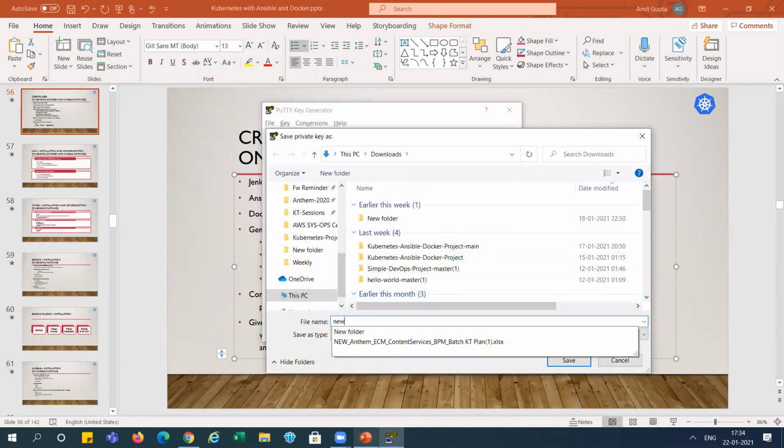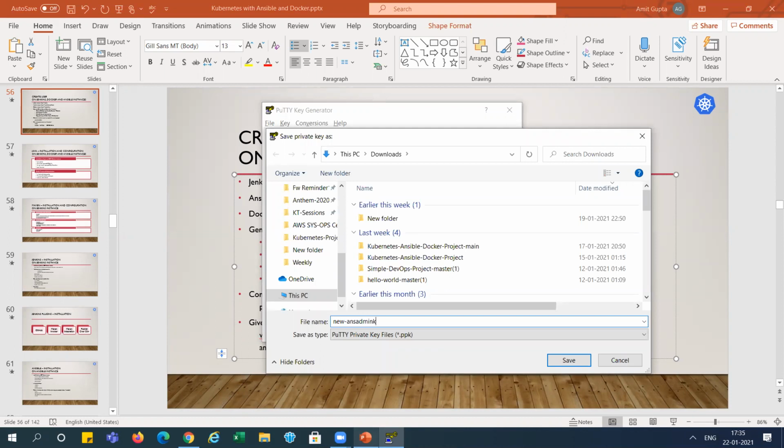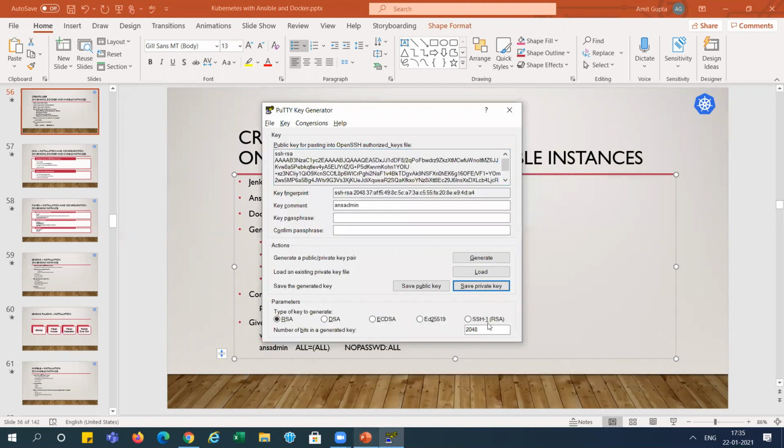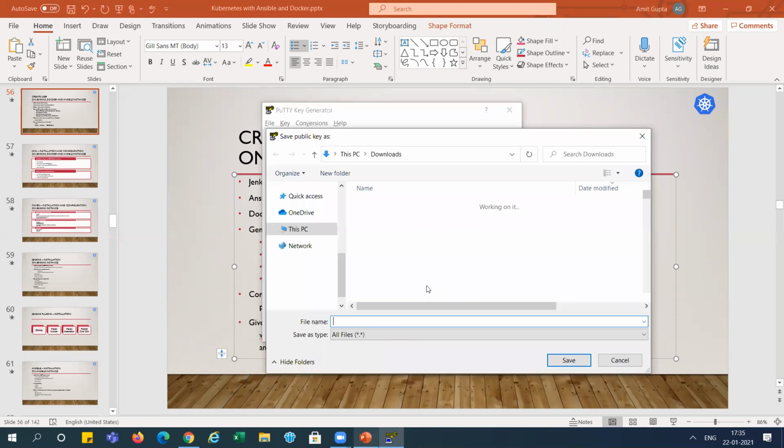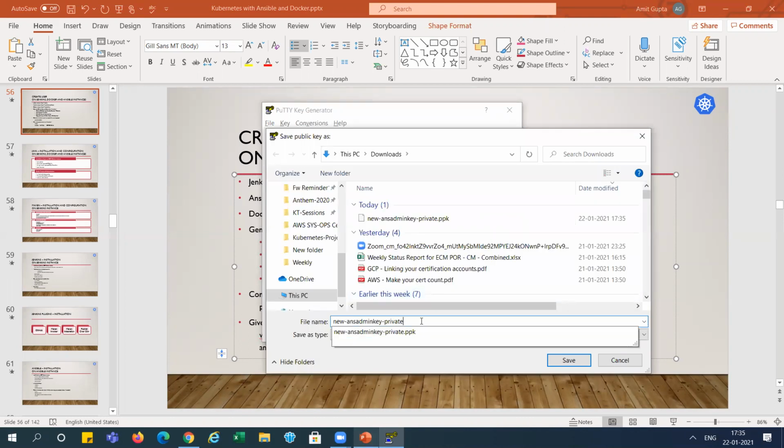So new, and ANS admin key. This is the private key, so I'm saving it as private, right? Save. I'm saving this public key also. I'm saving it as public, right?